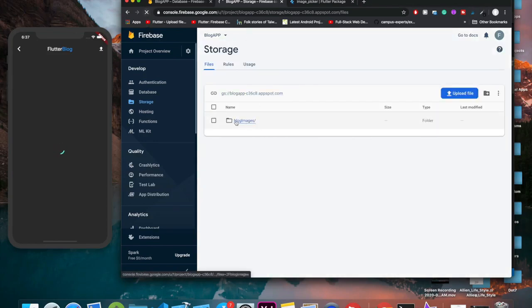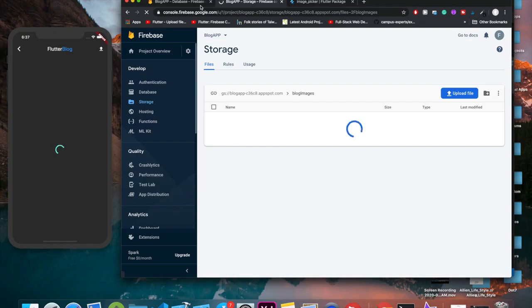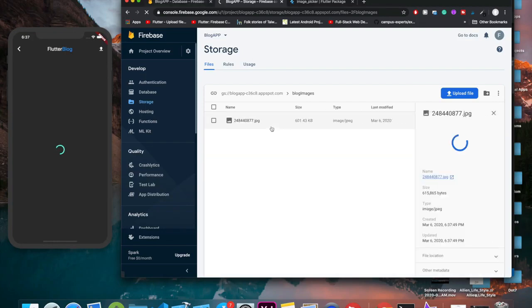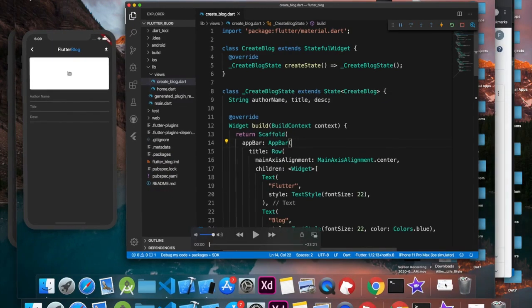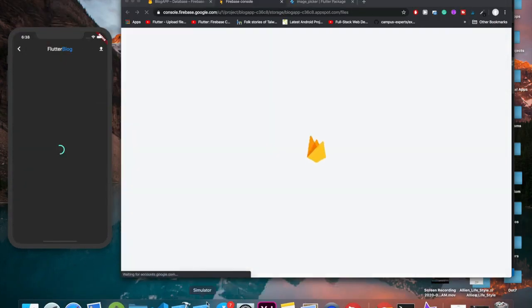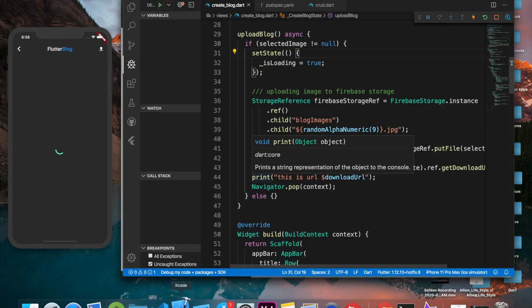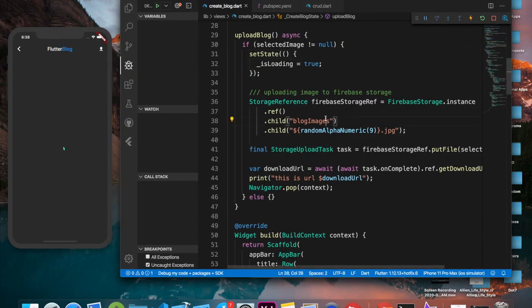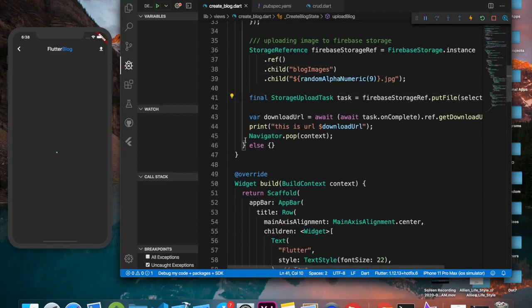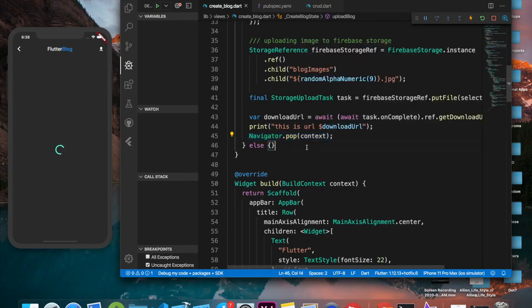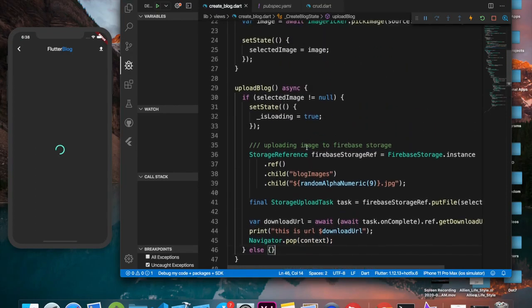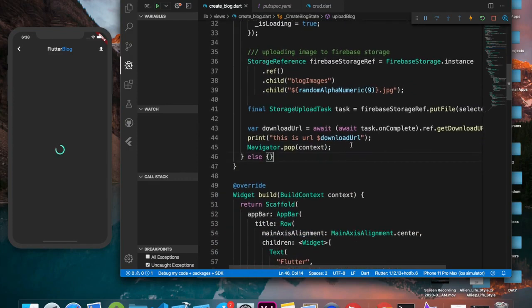Okay guys, it's working perfectly fine. If we click on this, we get the image. Okay, that's good. Okay, so I'm going to go back to Visual Studio Code. So it's working perfectly fine, guys. For some reason it's not closing, because I think the hot reload or hot restart is not working perfectly fine. Okay, anyways, so now as the image is done, the next step is